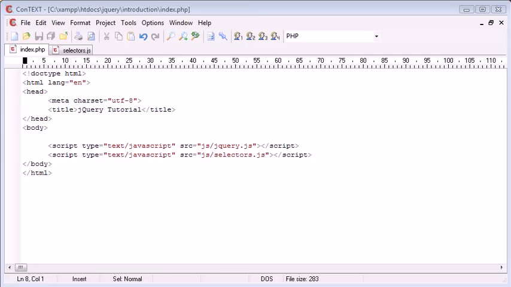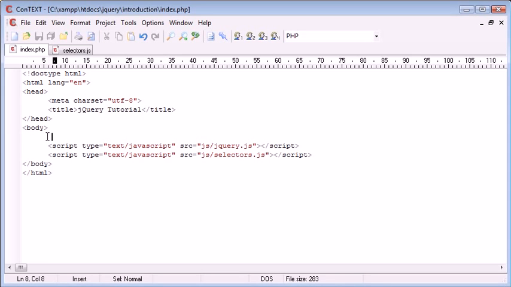In this video we're going to look at the asterisk selector, which selects all elements on a page or within a particular area of your page. The first example we're going to look at is showing how many elements are currently on the page, so all of the elements you see on the page, and then we'll look at creating a div and counting the elements